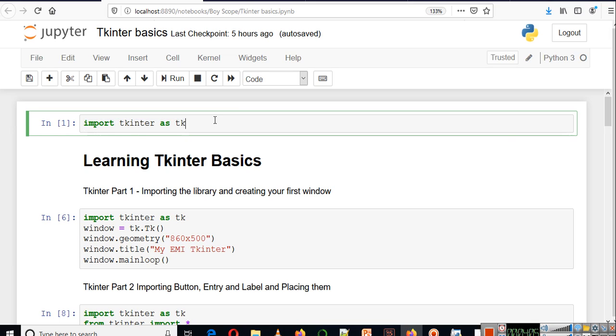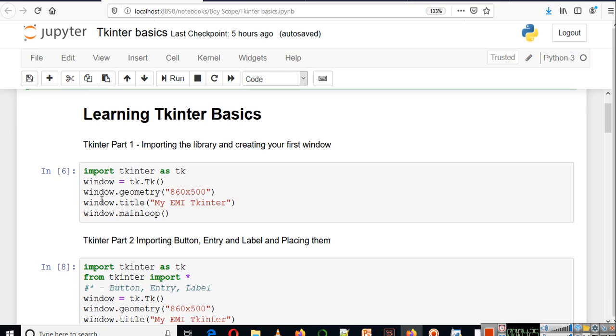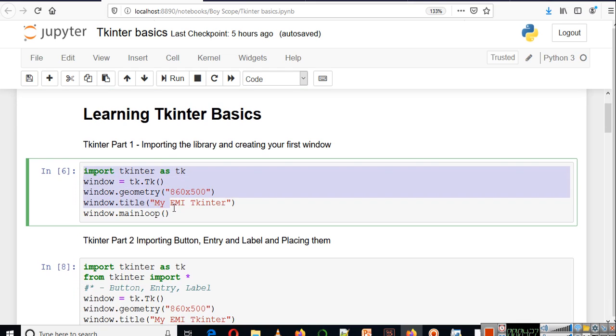You have to import the tkinter library, and we import tkinter library as tk because we have to access the methods and attributes of tkinter library. So we are making it short here. So this is the first part, and if you will run this much code, you will be able to create a window in tkinter.